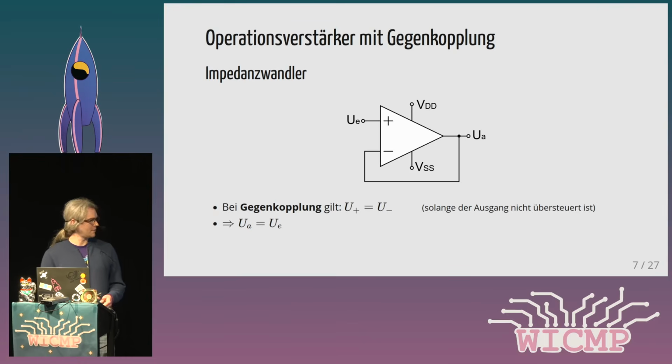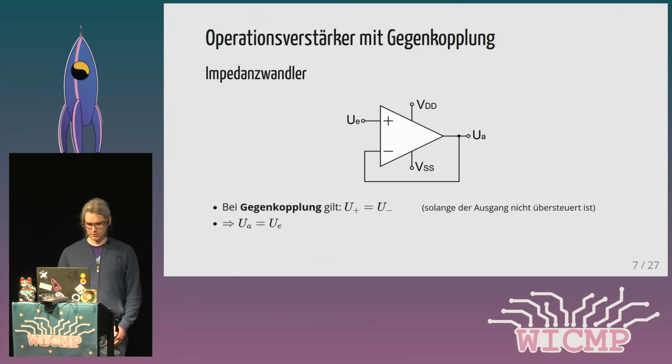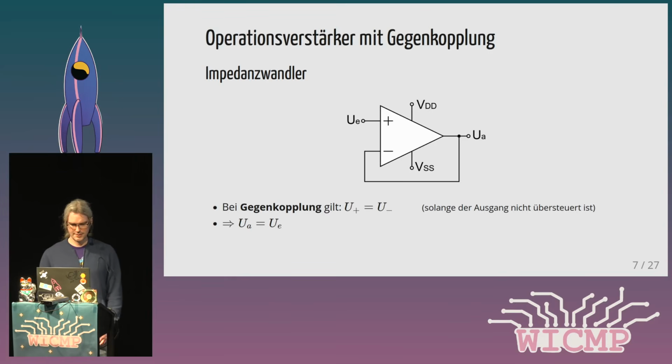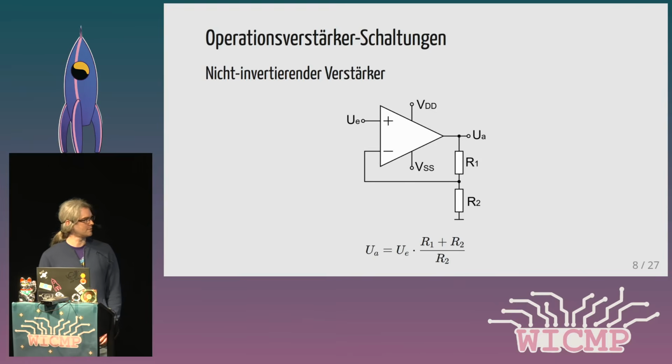There's also a small additional condition. This condition is only true if the output is not overdriven. Now let's go to an example where we have a voltage divider at the